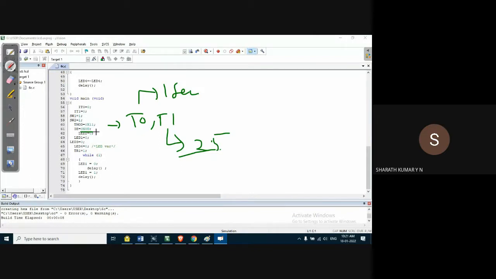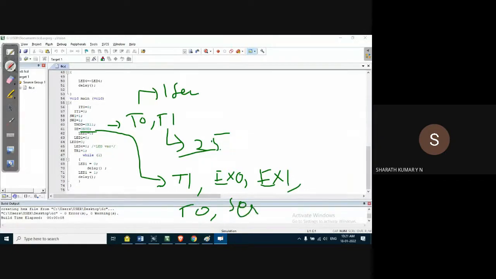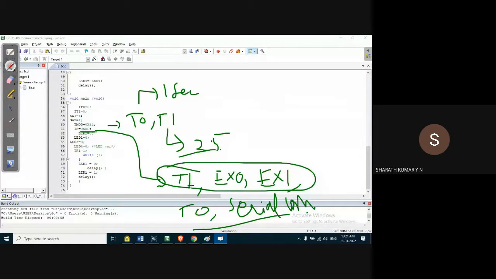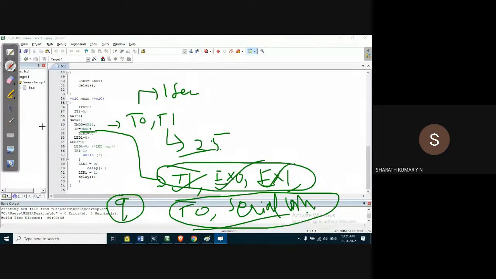Here we are enabling how many interrupts? 3 interrupts. One is due to timer 1. The other is external interrupt 0, represented as EX0, and another is external interrupt 1. What we are not enabling is timer 0 and serial communication. Only these two interrupts are not enabled. Out of 6 interrupts, pin number 9 master is set, and timer 0 and serial communication are not enabled. Otherwise, T1, external interrupt 0 and external interrupt 1 are enabled.